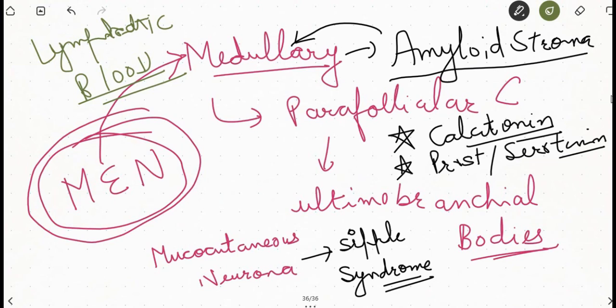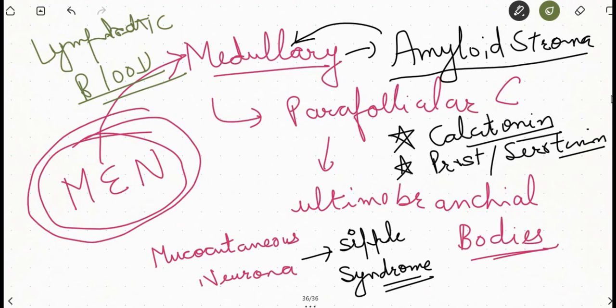So if there are multiple secondaries in the bone, oral iodine has no role because this tumor does not arise from the thyroid cells. Only palliative radiotherapy can be given. So remember, this tumor is not TSH dependent and it will not take up radioactive iodine. So radical neck dissection for the lymph node metastasis should be done.